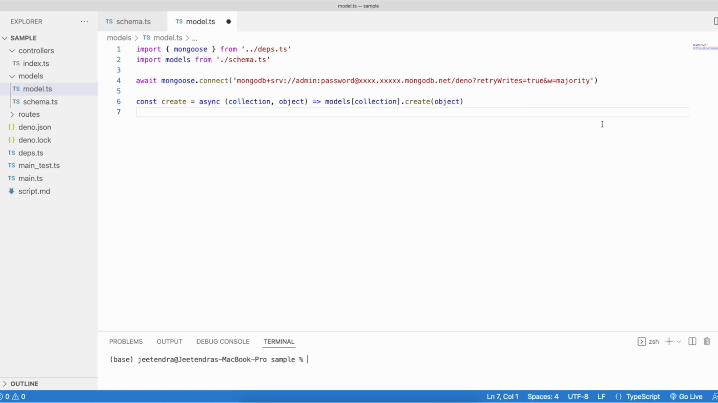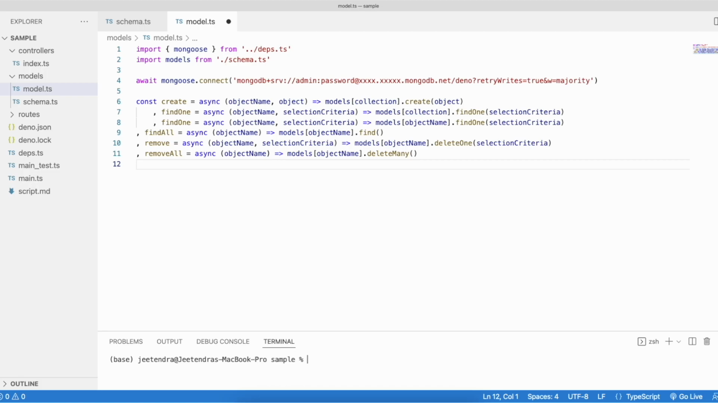Next, we would create a findOne method which will serve the get request for finding one record. This method will take an object name and the filter criteria. And let's also rename the create method's parameter name to avoid confusion at a later point of time. In a similar fashion, let's also create the findAll, remove and removeAll methods. findAll and removeAll methods will not take a filter criteria because they will act on all available documents